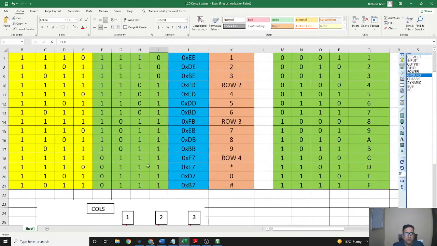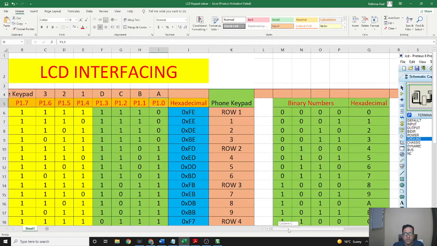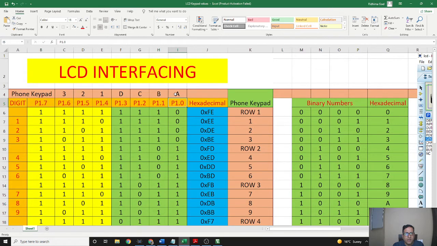Here I did the mapping: A is connected to P1.0, B is connected with P1.1, C is connected with P1.2, likewise 2 is connected with P1.5, and 1.7 is high for all.